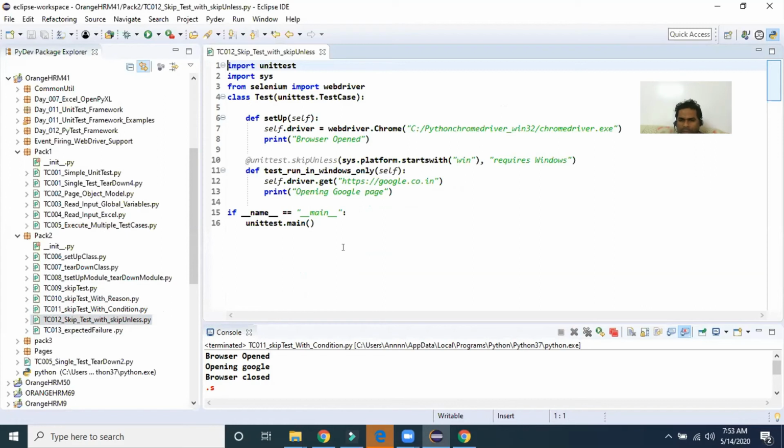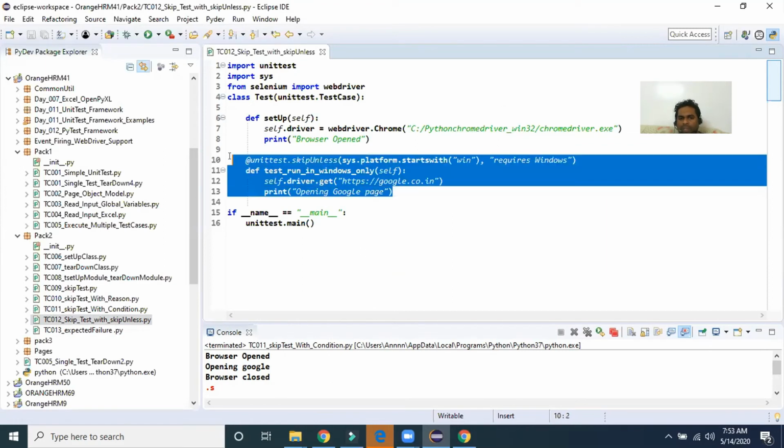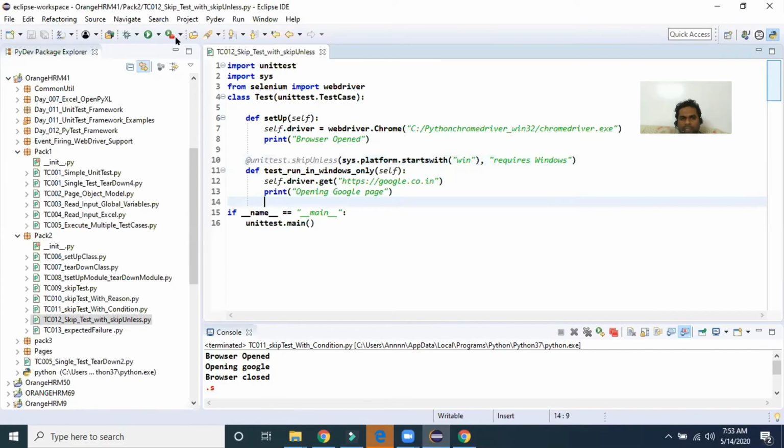In this one, I want to execute skip unless. Here I'm writing unittest.skipUnless. So if this is Windows, this part will be executed. Let's see this program.